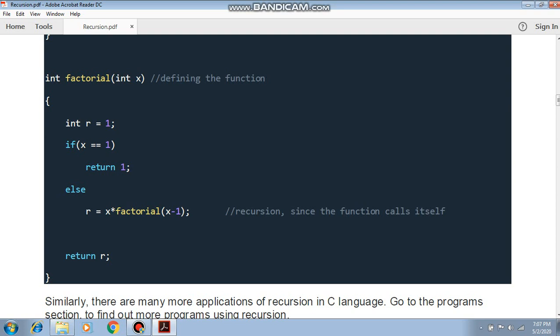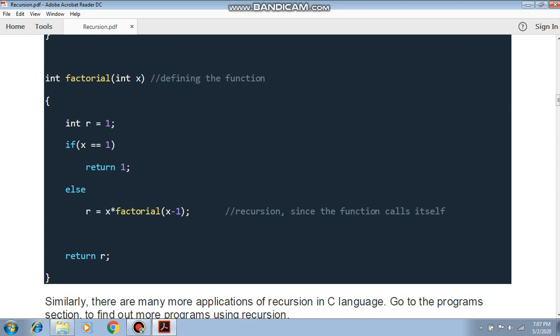That is simple. But if it is greater than 1, that means 2, then finding the factorial of 2 means 2 multiply 1, and 3 multiply 2 multiply 1. So in this way we are calculating. For the factorial of 1, we do not require the same thing; factorial 1 is only 1. So for that condition it will return 1.